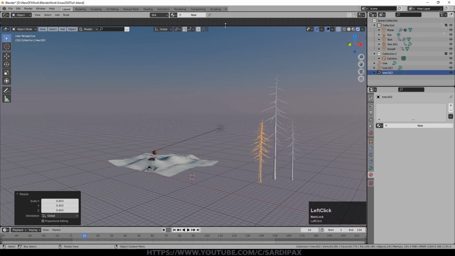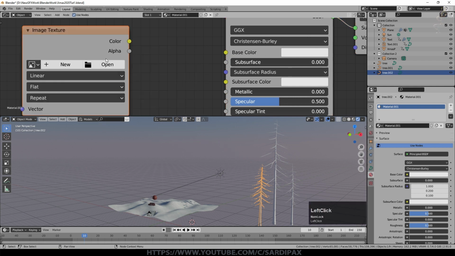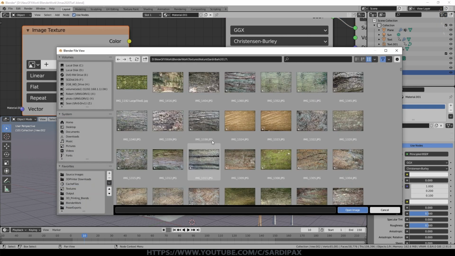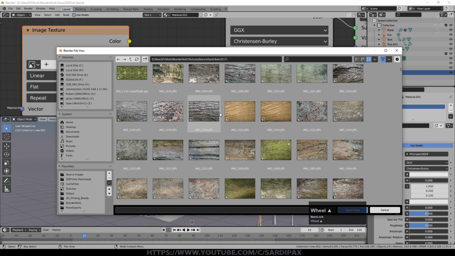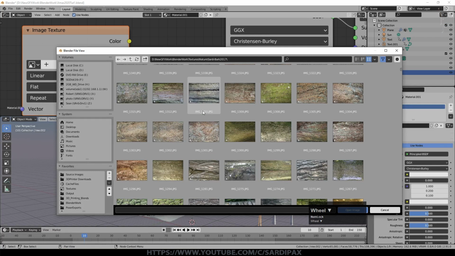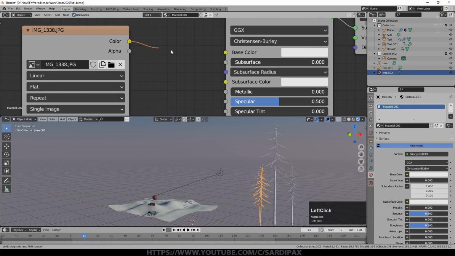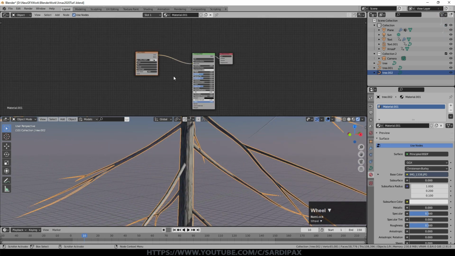And then we need a material for them. So we'll say new, we'll add texture, which is an image texture, and then you just need to find a bark texture. I wanted one that had a fair bit of white on it, so these are just some photos I took of tree bark. They're not really tileable, but it doesn't matter too much for this application. And I'll use this one. And we'll put that initially into there. I'll also zoom in on our tree so you can see that's passable bark.